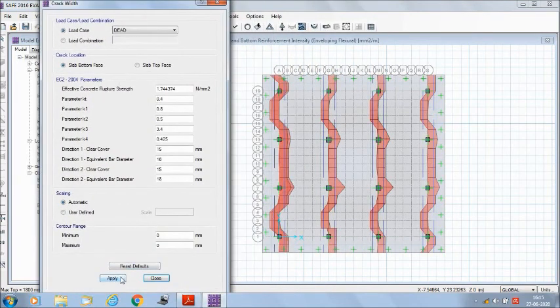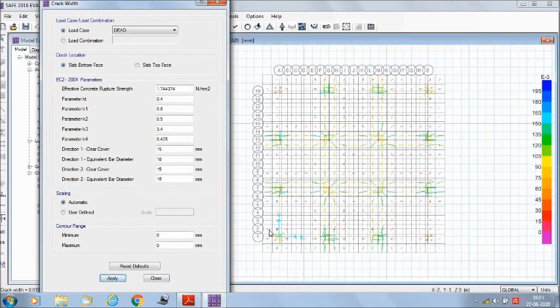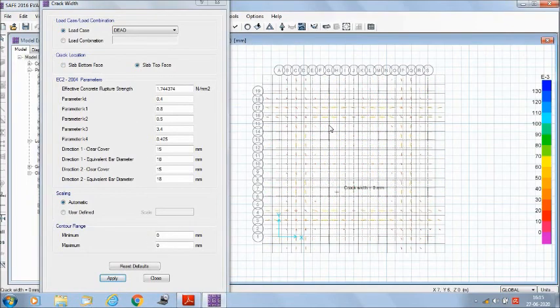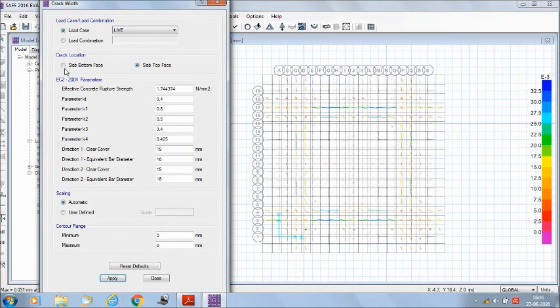Here we can see the crack width, as this width is of the order of 10 to the power minus 3, so we can ignore these cracks, they are minor cracks. Slab bottom place as well as at the top place. We can also change the load cases to see the crack widths.